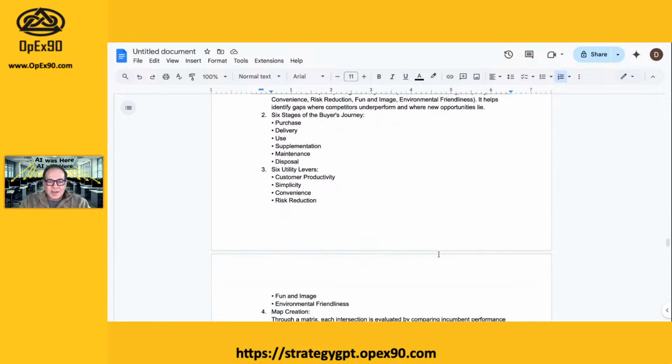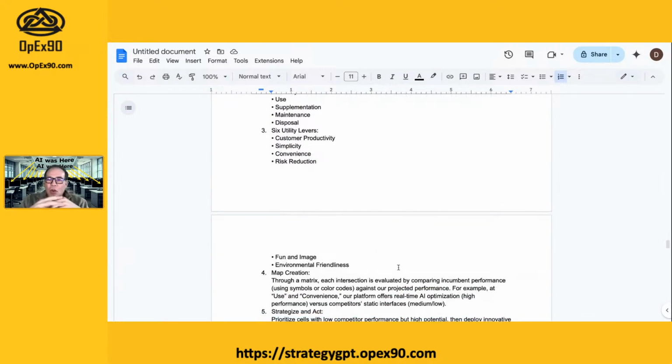And then here it says the 6 utility levers. What are the things that customers will like? What is it that we have to drive? Customer productivity, simplicity, convenience, risk reduction, fun and image, environmental friendliness. Remember here, there's this big issue.